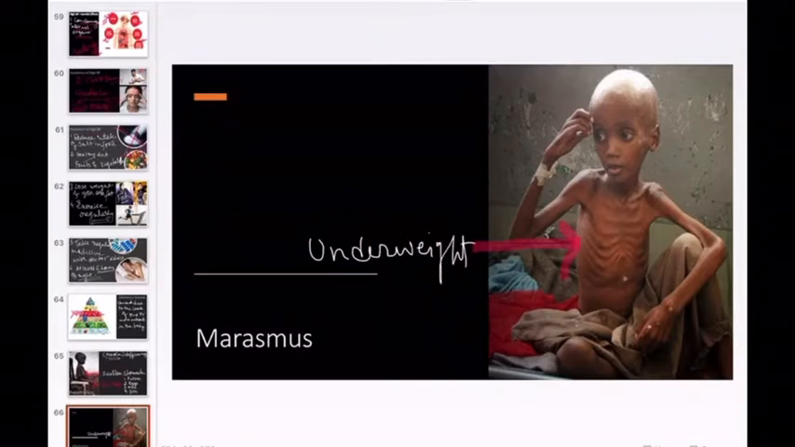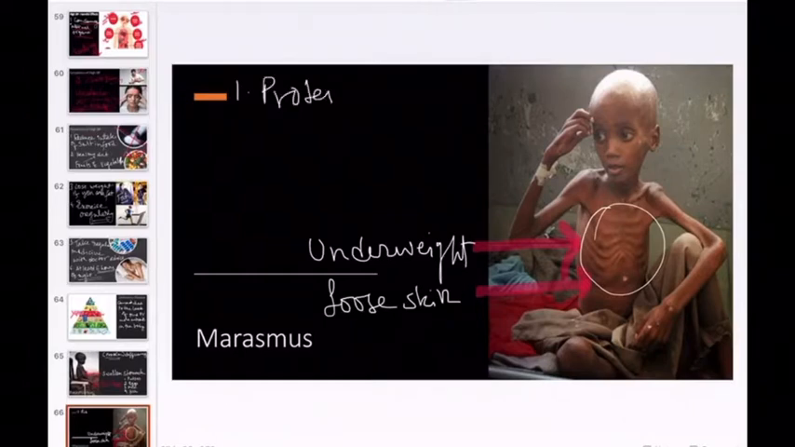First symptom. Not only underweight, the skin of the body will become loose. Loose skin. Like old people, you see how this boy's chest is? He's so thin and also has loose skin. It will have folds like old people. And why do we get this type of disease? This type of disease is caused due to protein and carbohydrate